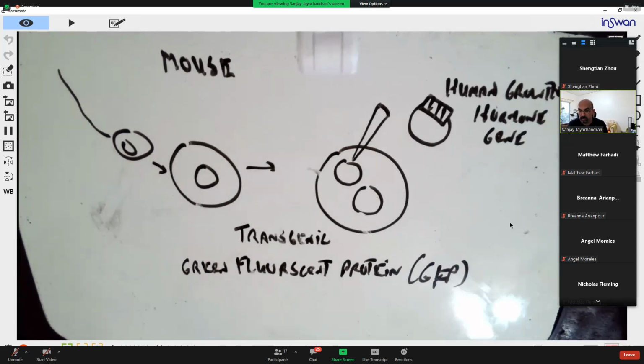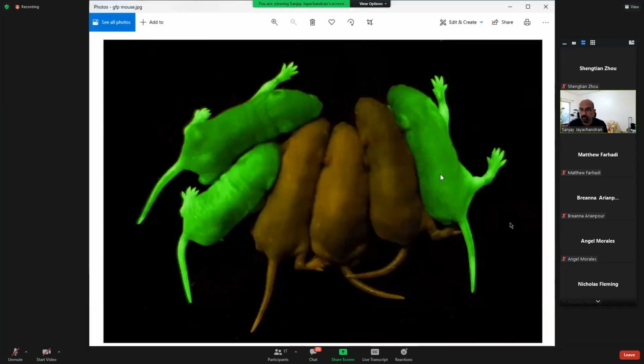So what you're going to get is something like this. I shine UV light on the mouse: GFP mouse, normal mouse. So I can make these transgenic animals. I can stick foreign genes in them. Now, making big mice or glow-in-the-dark mice is not necessarily a useful task, right? But what I can do